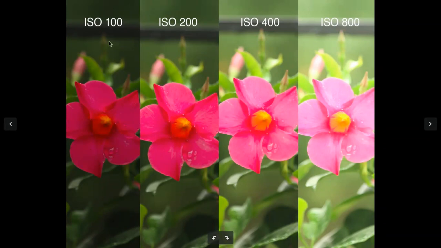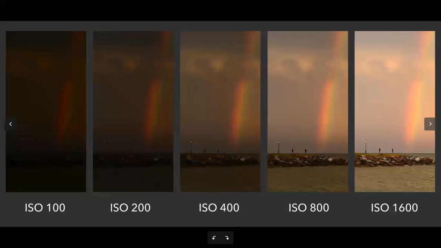With lower ISO, we get a photo which is darker in nature. With higher ISO, we get a photo which is brighter in nature. So in case there is a lack of light, we'll go for higher ISO like 1600. In case lighting is proper, we'll go with lower ISO like ISO 100. Why? Because lower ISO gives us a cleaner image.